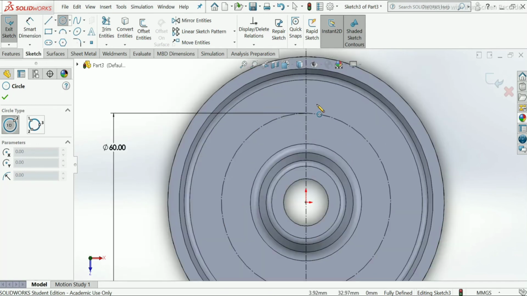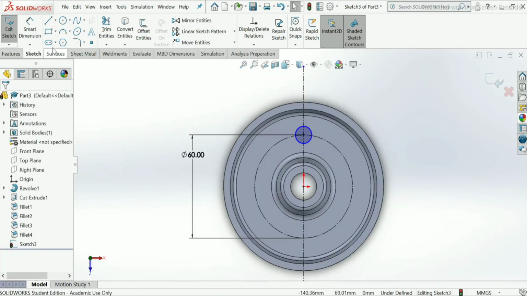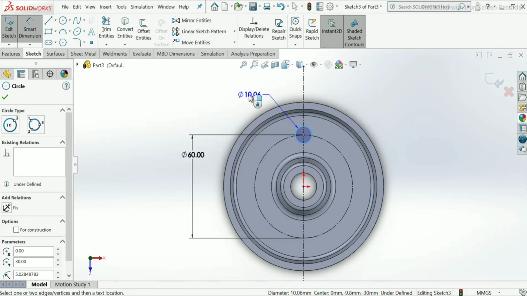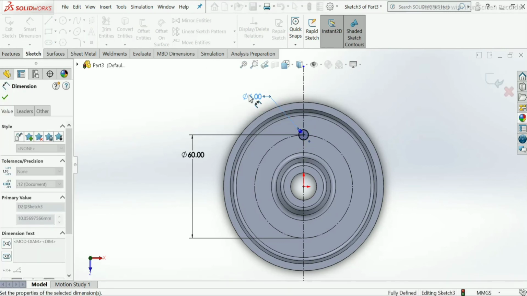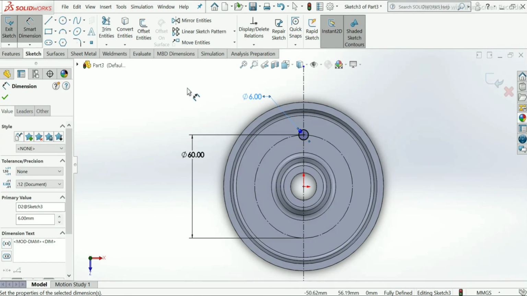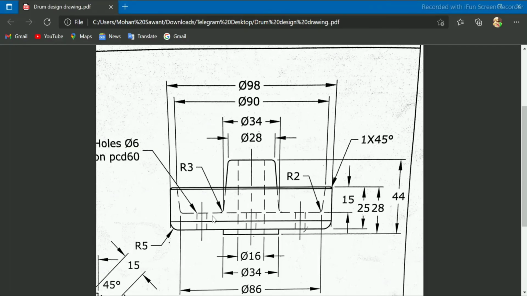Take circle, sketch this, and diameter will be 6 mm. So here are 4 circles on our drawing.